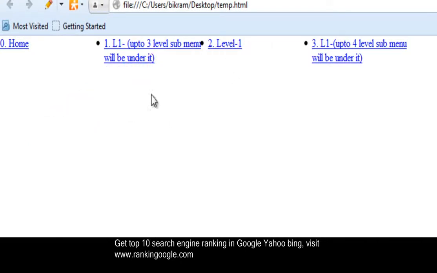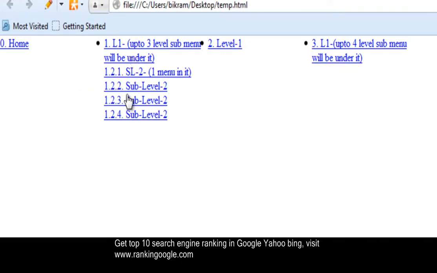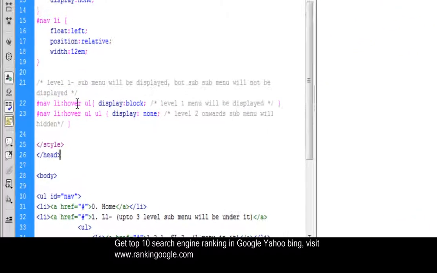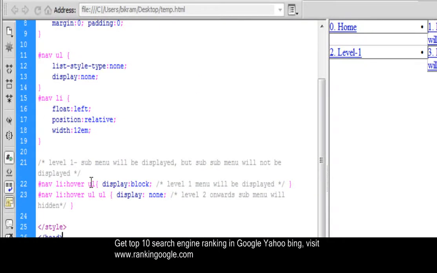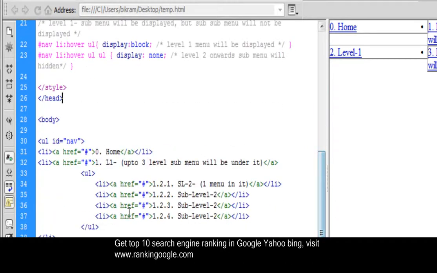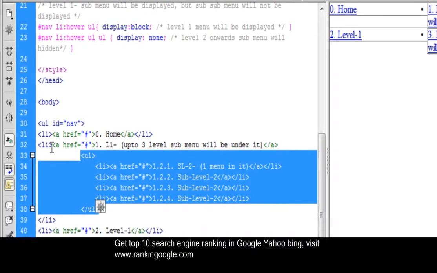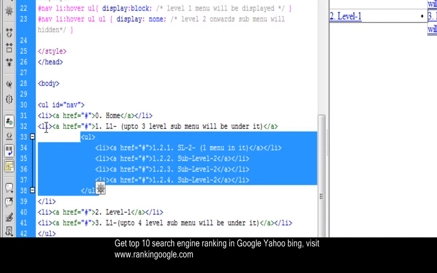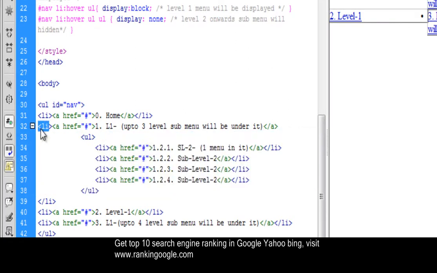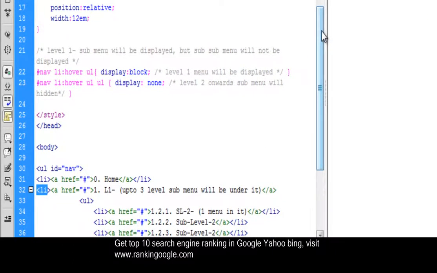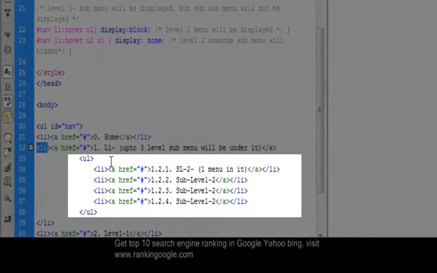So you cannot see any submenu under this, but you see the submenu under this list item. This appears. This is the main logic. So li hover means what? This effect when you mouse over, this is li hover, and any unordered list under it, that means this ul block, will be positioned relative to these list items, from the top left corner, which was shown some time ago. When you mouse over here, then this will appear.